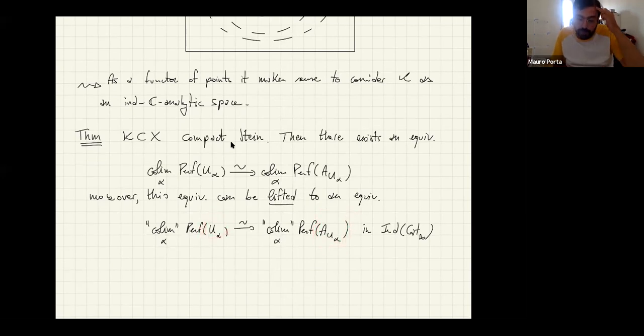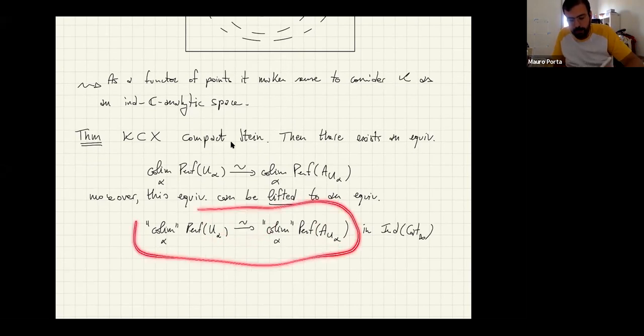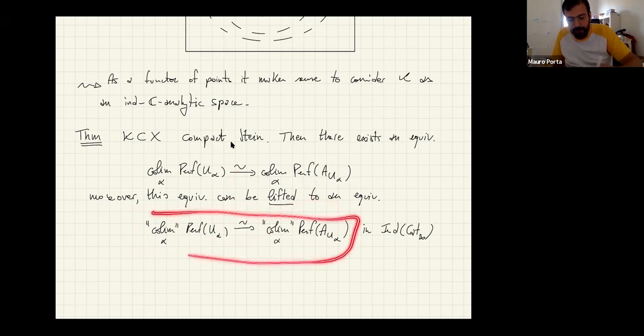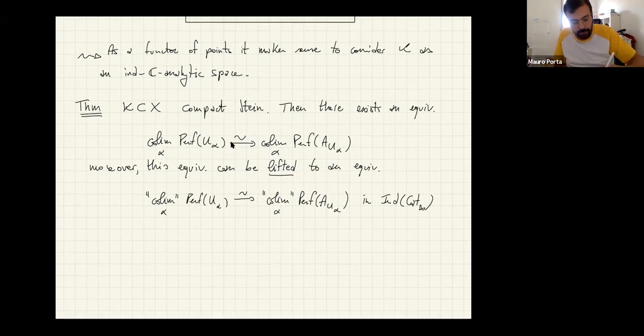These objects are of finite type in the analytic setting, but not in the algebraic world. And we have a very strong equivalence because, of course, if you know this thing, then this follows by taking realization. But this is some sort of universal thing, because a corollary of this is that